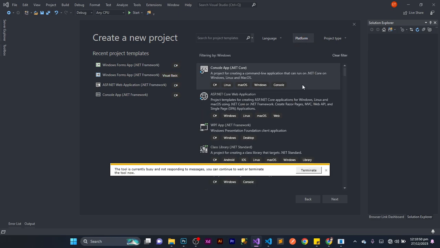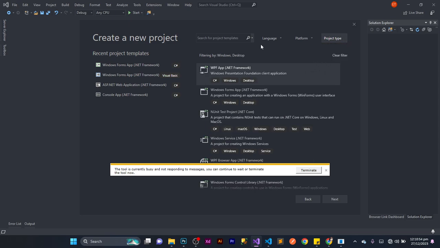platform to be Windows, project type, I want it to be a desktop application, and what language am I expecting to use? I'm using C# here. So I'm going to select Windows Forms App (.NET Framework), this one here, and then I'll just hit next,